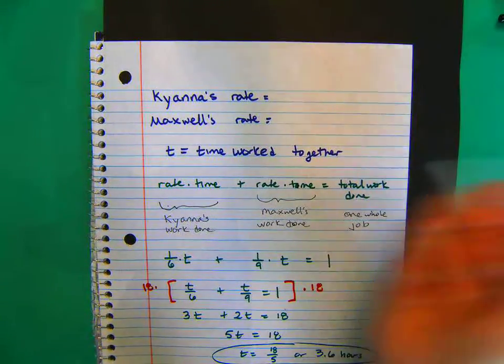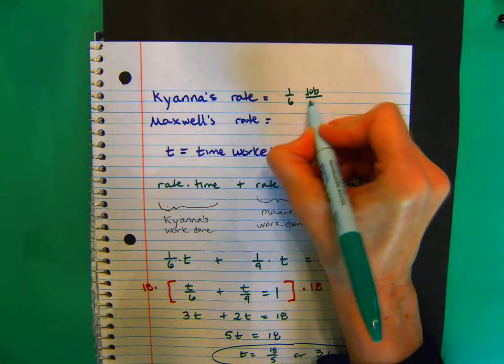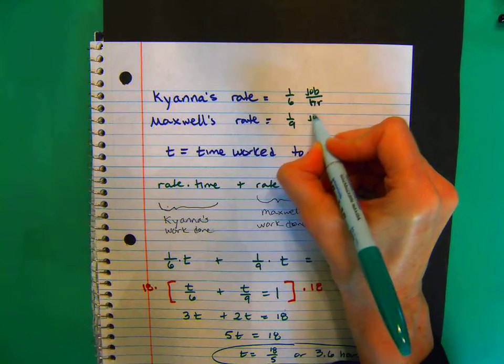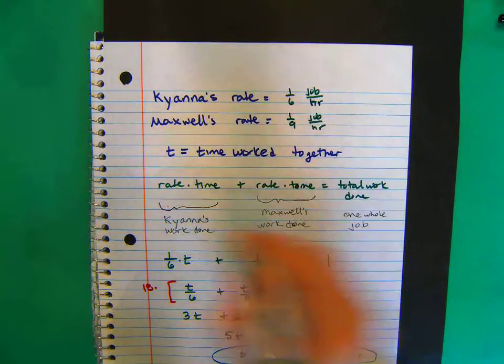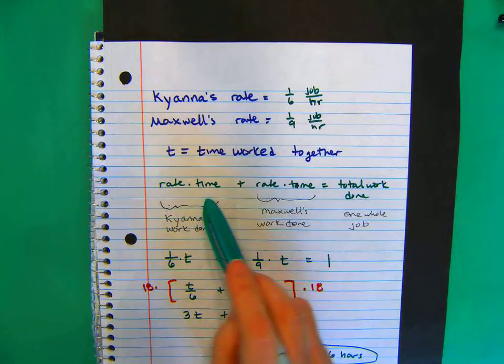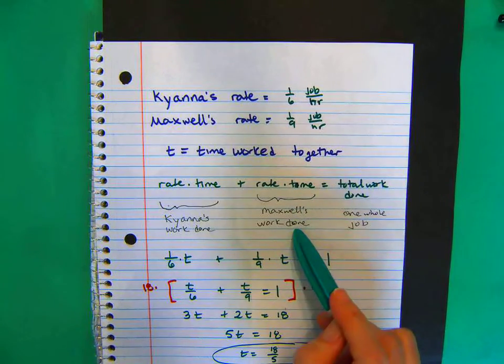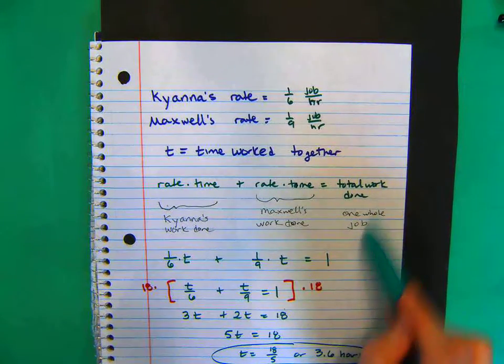then they should be able to get that Kiana's rate was 1/6 of a job per hour. Maxwell's rate was 1/9 of a job per hour. T was the time worked together, and we're doing that rate times time thing. That'll give you Kiana's work done. The rate times the time will give Maxwell's work done, and then one whole job that will be the total